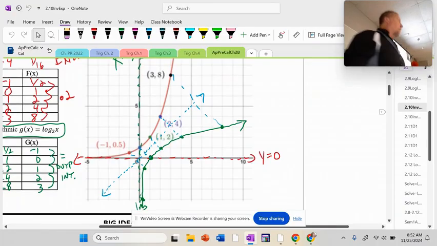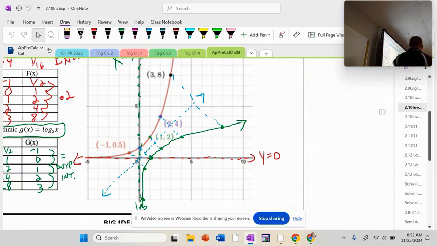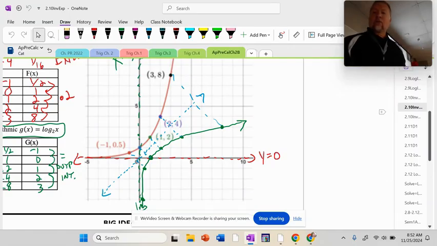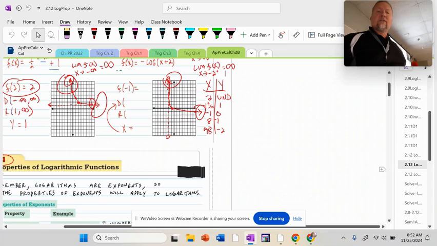Okay, look at that. Remember, exponential red. Logarithmic green. What's this exponential doing? Increasing or decreasing? What's it doing? Increasing. What's its concavity? Concave up or concave down? That's easy. Up. What's the logarithm? Increasing or decreasing? Increasing, but what's its concavity? Down. That's what they're trying to do in this cryptic question right here,